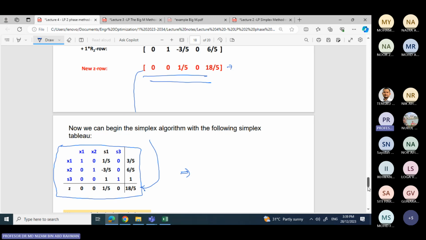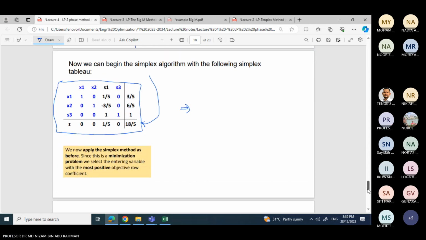So if you do a simplex algorithm, now you apply the simplex methods as before. Since this is again a minimization problem, we select the entering variable with the most positive objective function row coefficient. And in this case, the only positive is basically 1/5. Right? So this will be entering. Which one will be leaving? Then basically, this will be your